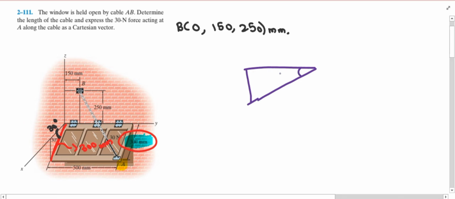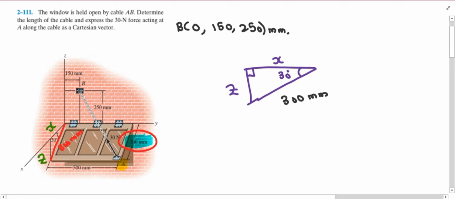So this is our 30-degree angle. This is our x-axis. This is our z-axis, because if you see the question diagram, let me show you. Let me draw it again. This is our 300 millimeter distance. So this is basically our x-axis, and this is our z-axis. That's why I draw it here. And this is the 300 millimeter distance, and the angle between any two axes is 90 degrees. So this is our 90-degree angle.